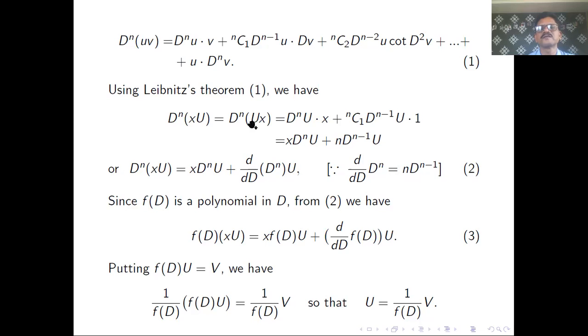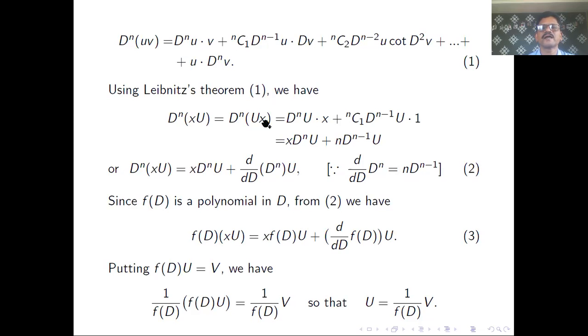While using the Leibniz theorem, we need to select the two functions, one as u and the other as v. So you select the function phi in such a way that its nth derivative, after successive differentiation, becomes 0, and you select phi as x and small u equal to capital U, and use this theorem. There you will get d raised to n of small u, which we have replaced by capital U, into phi,